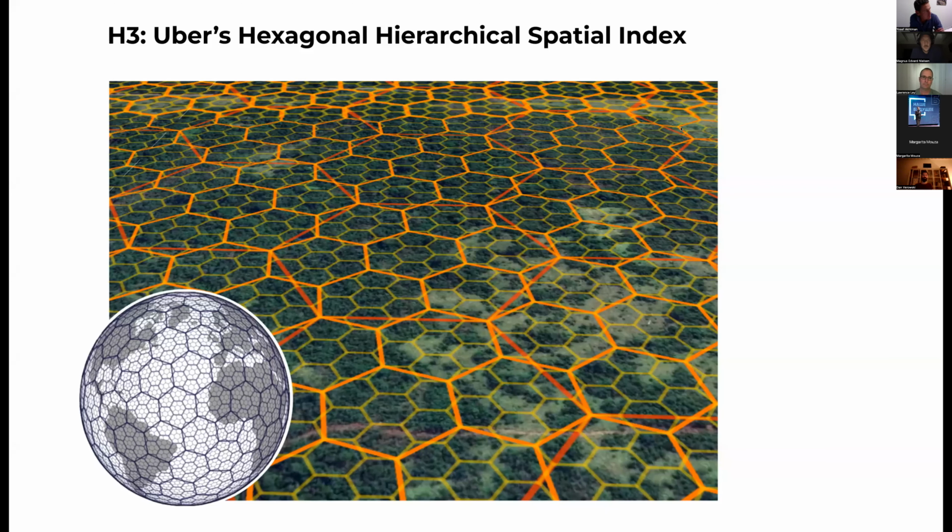And then we put it on what is called the hexagonal hierarchical spatial index. It basically divides the entire surface of the Earth into these hexagonal units. And basically you can generate this information for every hexagon on the surface of the Earth, which makes it a very standardized and very convenient way to process such information.